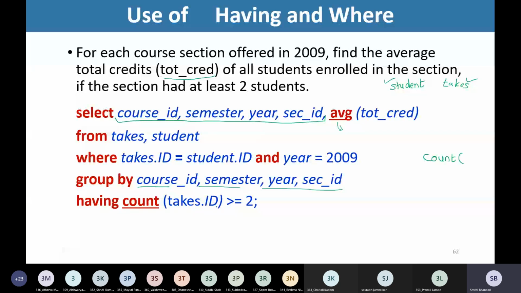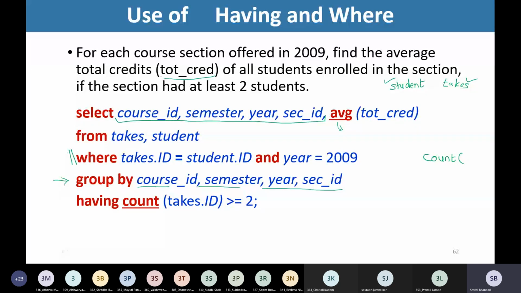So we have here the clause having count takes.id greater than or equal to 2. So if a minimum of 2 students have enrolled for a particular section, course, year, then I want to find out the average credits earned by the students,